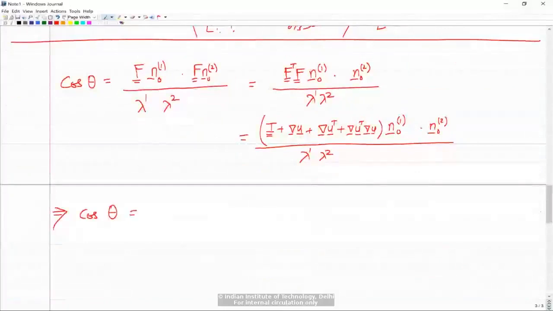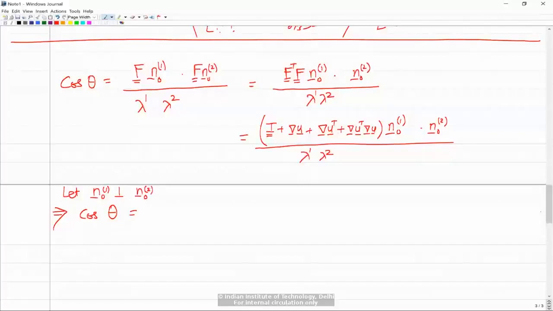Now suppose that your original line elements, the two line elements, are perpendicular to each other, because that's what we do in undergraduate class, isn't it? So let n naught 1 be perpendicular to n naught 2. So we choose two perpendicular line elements and see by how much the angle between them has changed. So if that is the case,